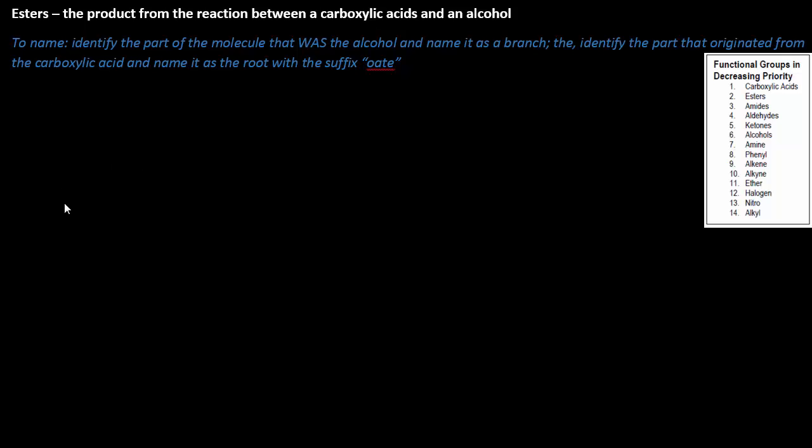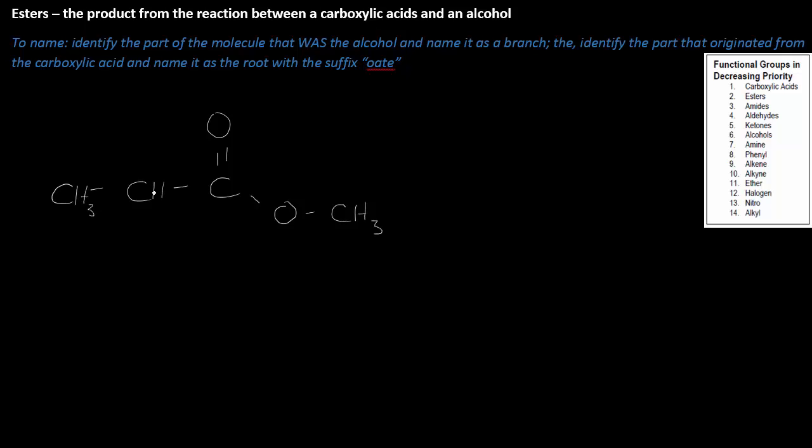All right, time for our look at our final functional group, which are esters. Esters are the product of the reaction between a carboxylic acid and an alcohol. Okay, to name them, you identify the part that was the alcohol, and that gets labeled as a branch. Then you identify the part that was a carboxylic acid, and that gets named as the root with the suffix